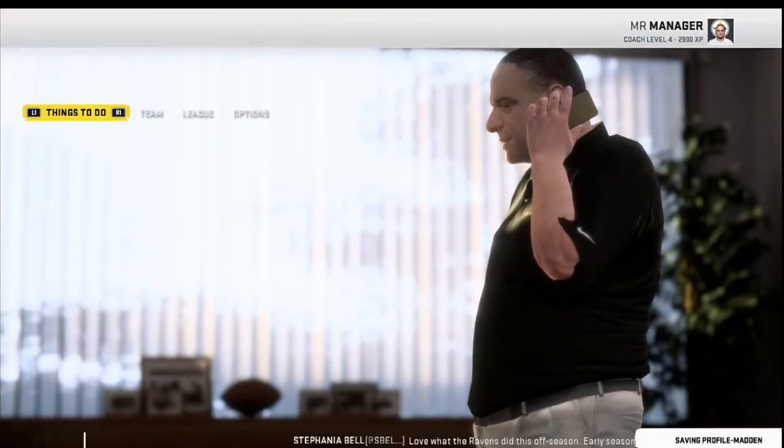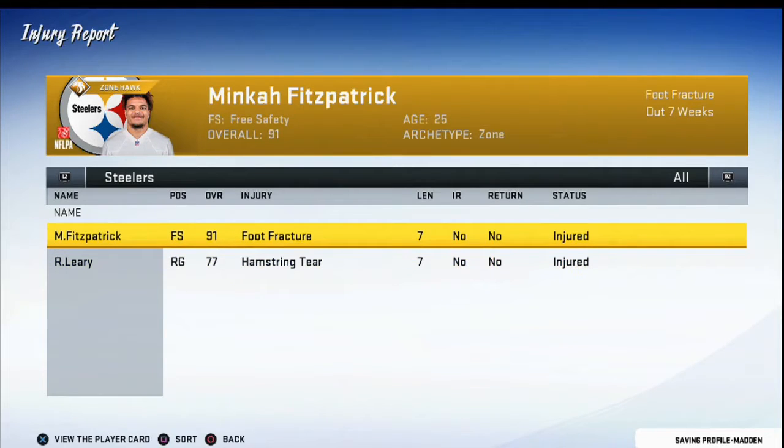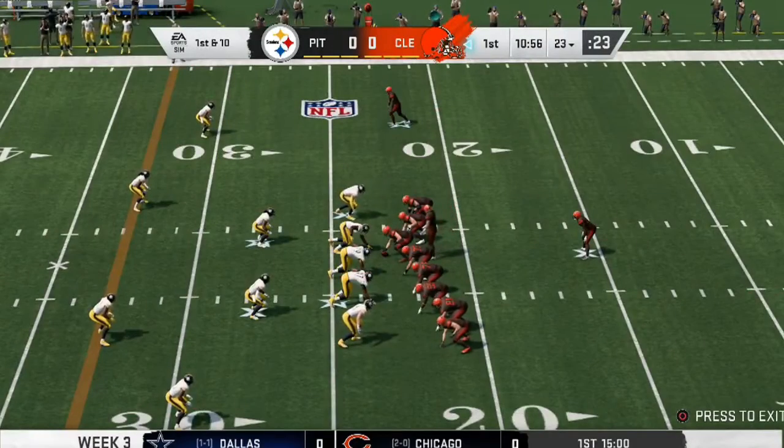However, that game came at a price. 2 prices, I guess. But Minka will have to be out for the next 7 weeks. Ron Leary will be out. I'm not sure if I should put him on IR, but we'll have to find a replacement for Minka in the slot. So here we are in week 3 of this season, the first season here with the Steelers, and